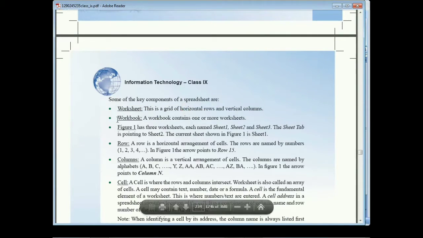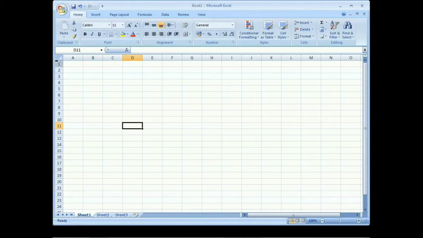The second is a workbook. A workbook contains one or more worksheets, right? So the workbook is the main document in an Excel sheet, that displays as Book1 in the top title bar. We can see Book1, by default the file name is Book1, and this workbook contains one worksheet or more sheets.